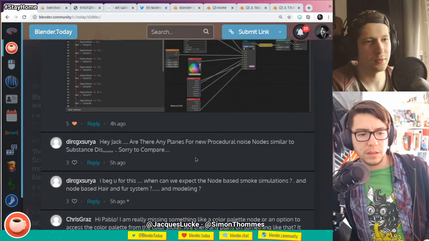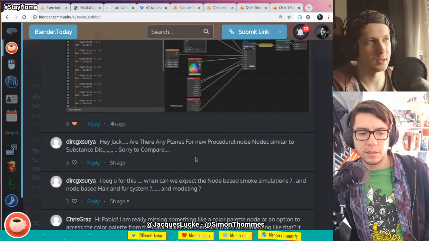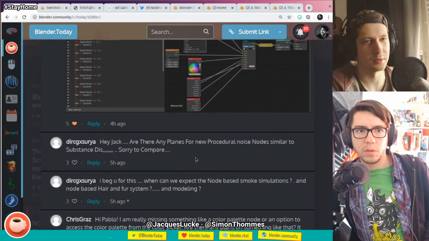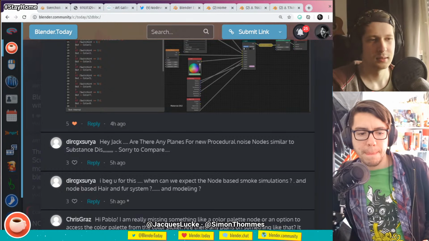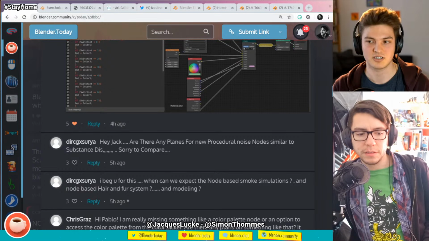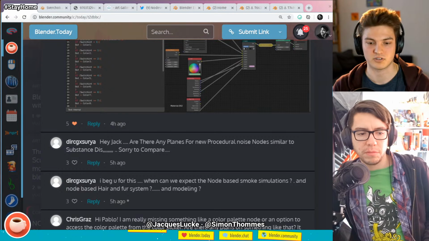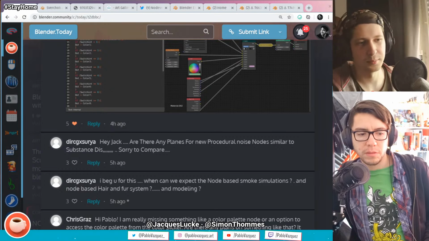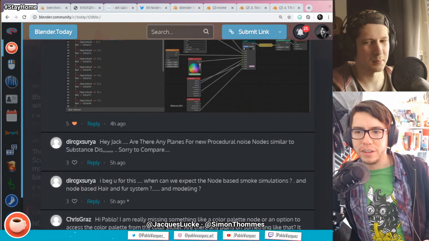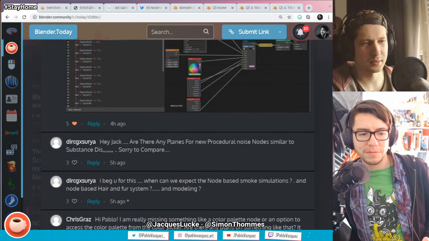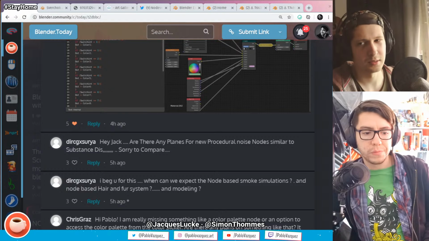I don't know about new. The Voronoi node got a lot of improvements. Yes. And there's currently a few improvements going on in different other nodes as well. Yeah, we got the white noise node, which is new. Yeah, sure. And then all the 4D noises, of course. Yeah, a lot of improvements on the different noise textures. Yeah. 4D noise. I'm not exactly sure on the noises they were talking about in the question in the other